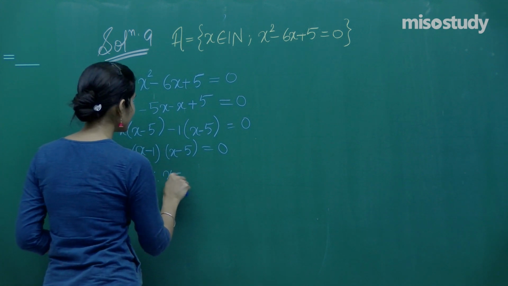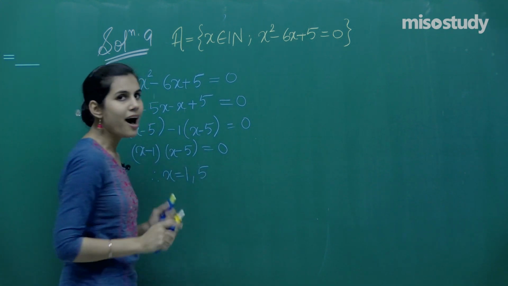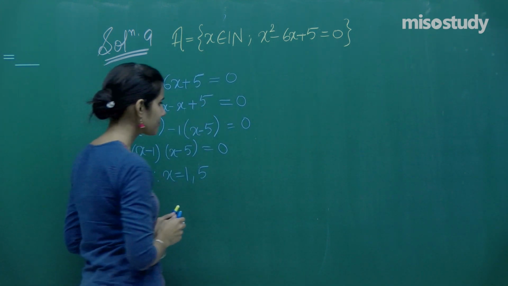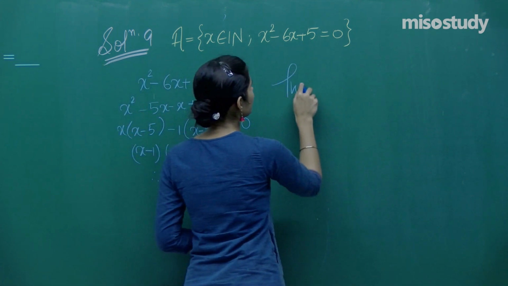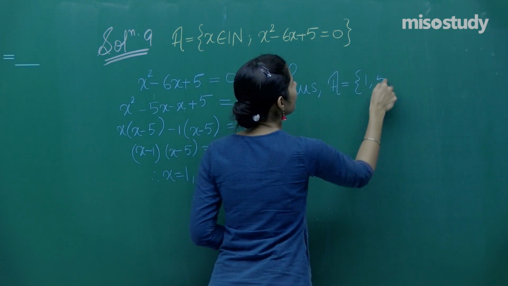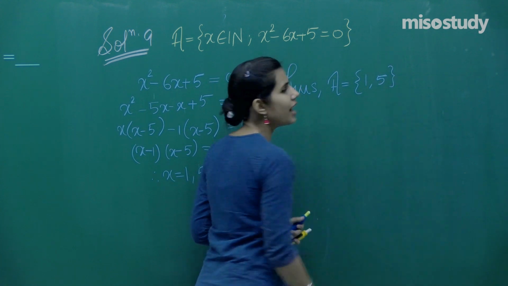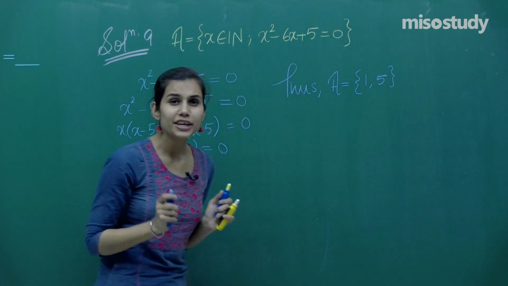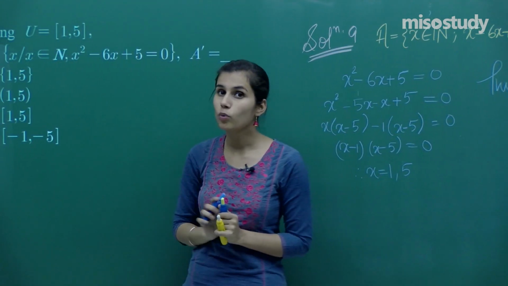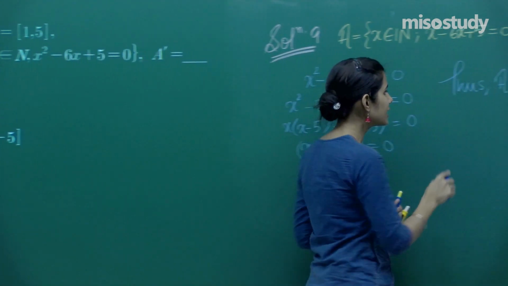Therefore, x equals 1 and 5 are the very roots of this particular equation. Thus, my set A is {1, 5}. If I know that the universal set is the closed interval 1, 5, which is given to you,